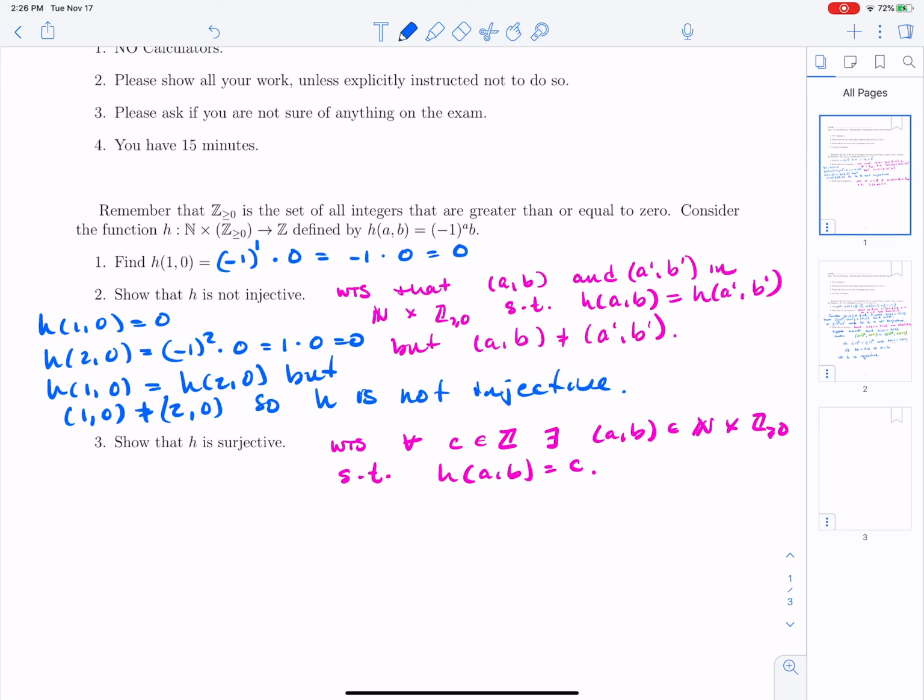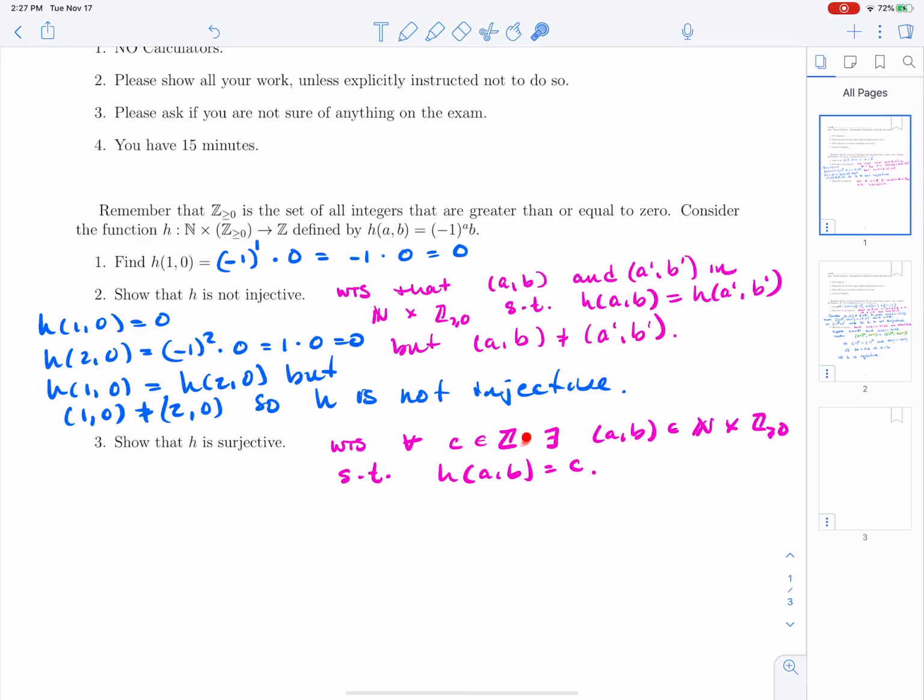Okay, so our next job is to show that this map is surjective, and this one, I will freely admit, is a pretty tough example, because your first guess is to say, oh, well, this maybe isn't even a big deal, right? In order to get an integer here, why don't I just ignore this part, make this an even, right? If I take minus 1 to an even power times the integer that I'm trying to hit, and I'll get it. Okay, so you might want to pause the video and work out that argument,